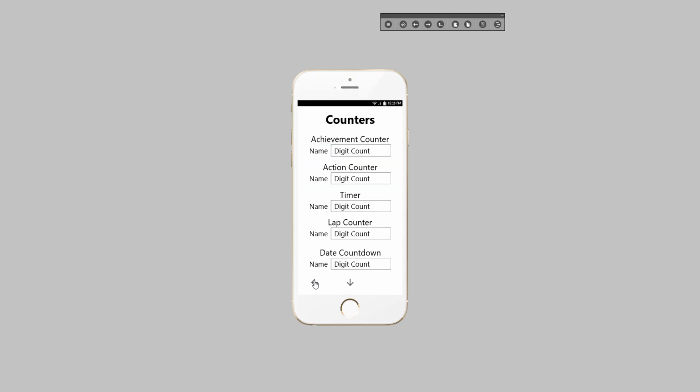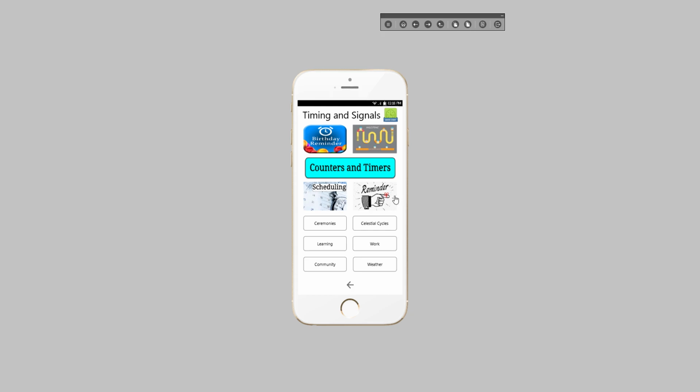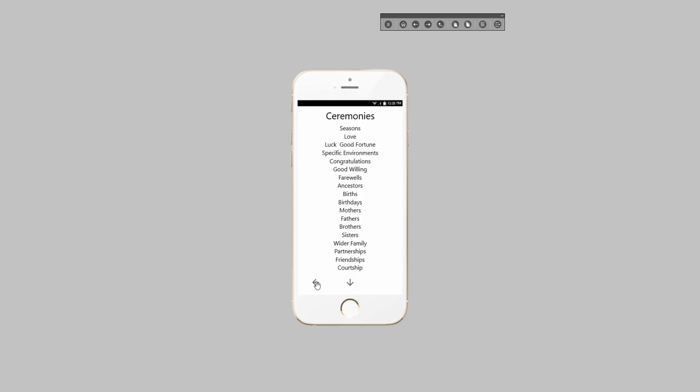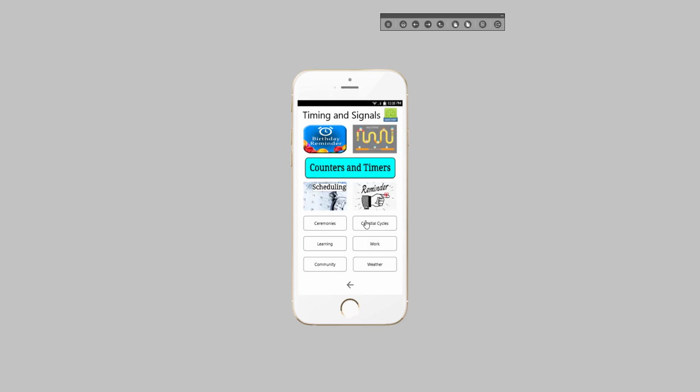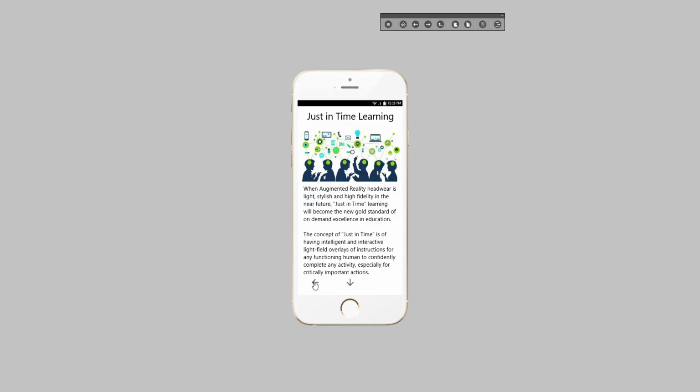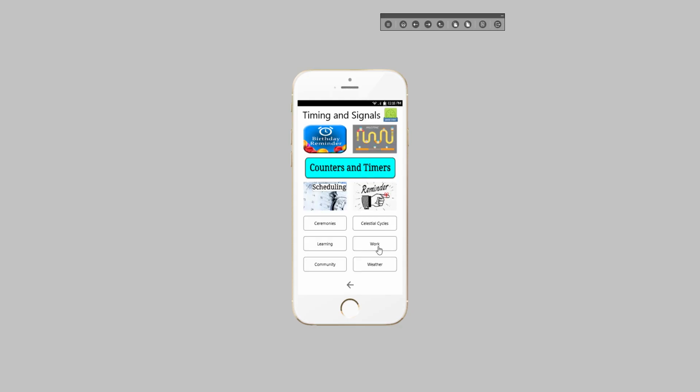They're important in so many ways. Scheduling reminders, how you're reminded, setting up different ceremonies throughout your life, celestial cycles to watch for, how you learn, and just in time learning once you get the light field overlay set, setting up all this stuff for work, community, and weather, because they all run by cycles.